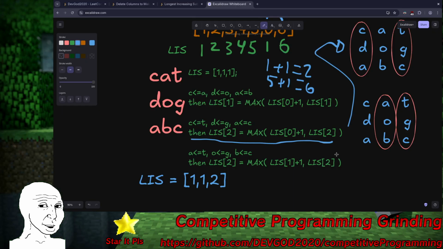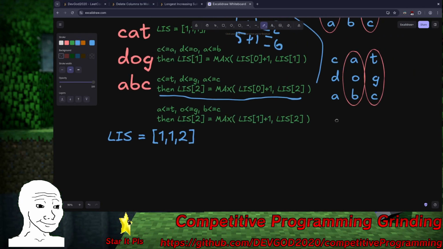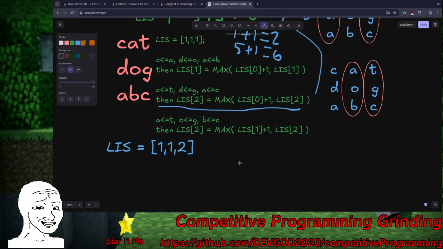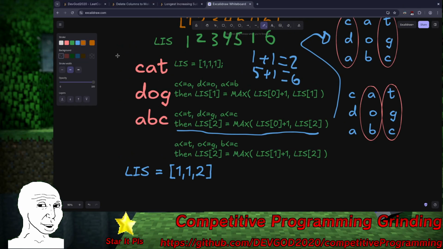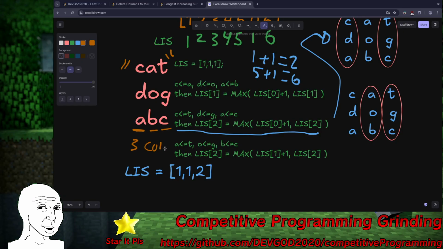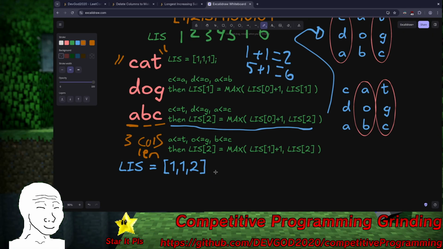So that's the thought behind why you want to use maxes and a longest increasing subsequence. And the last thing we want to do in this solution is take the string length, which is the amount of columns available here. So we have column 1, 2, and 3, so 3 columns, a length of 3. So the answer is going to be 3